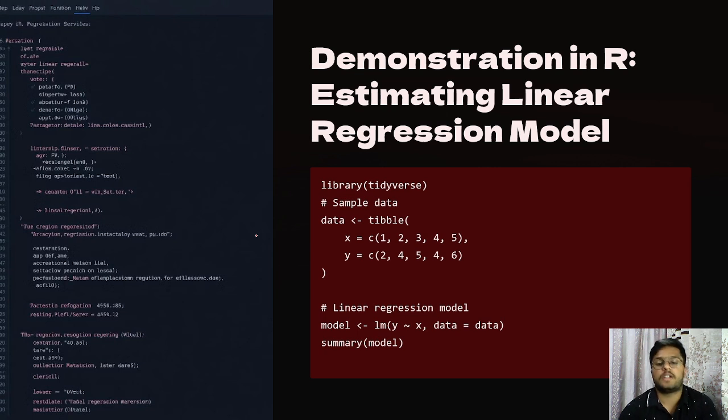Now, let's discuss the demonstration in R, estimating a regression model. Importing required libraries.